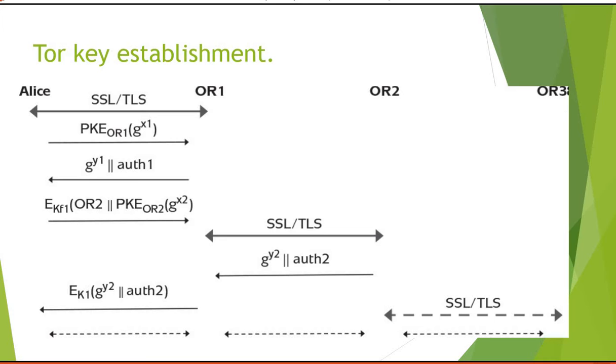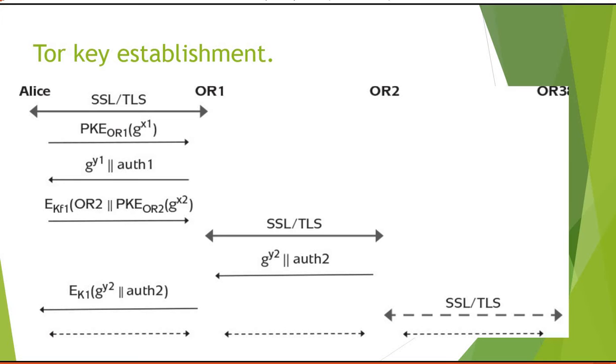Why it is called an onion router you have to know, because first this encrypted message will be transferred to onion router 1. It will remove the first wrap, then the remaining message will be transferred to onion router 2. It will remove the second wrap, then it will be transferred to onion router 3. It will remove the third wrap. That's why it's called an onion router, just as we remove the layers of an onion, in the same way.